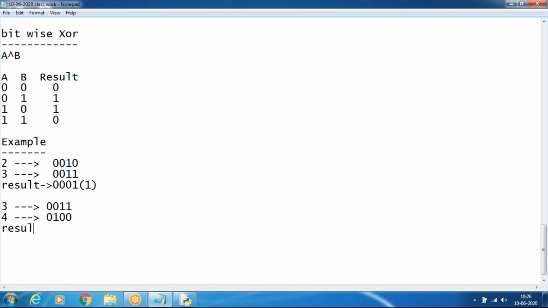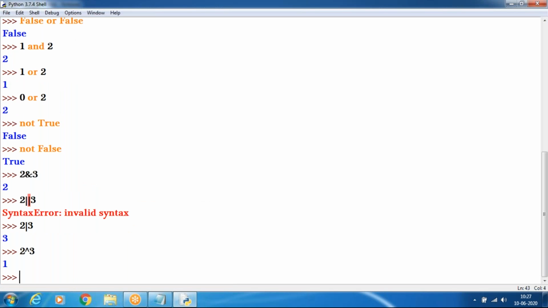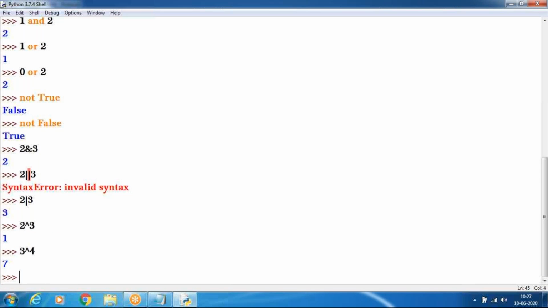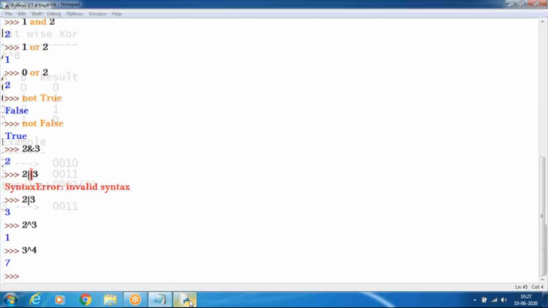The result value will be 0 1 1 1, it will be 7.